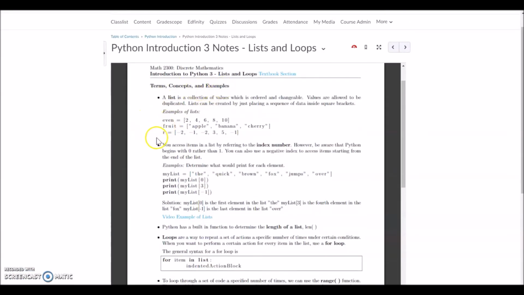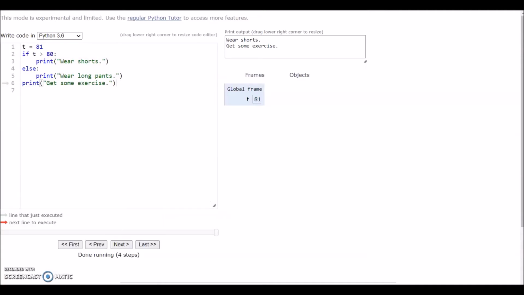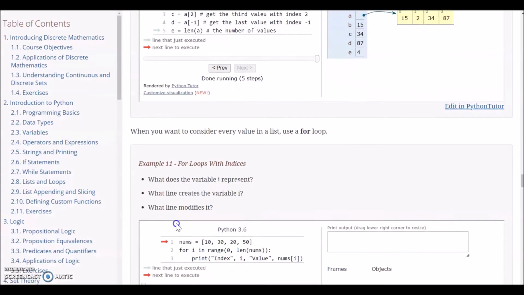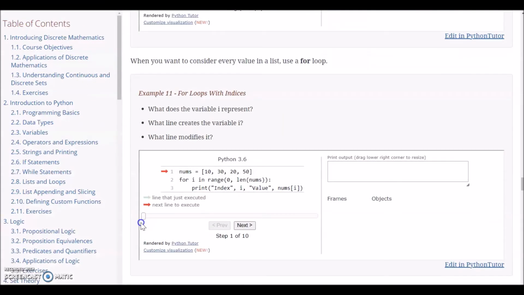Okay. Now there are some more examples of this in the notes that are on D2L under lists and loops. I'm not going to go through these, but I encourage you to try these out. Put these in Python Tutor, try these print commands and see what happens. And as always, watch the embedded videos for even more examples. But I'm going to go on down to for loops. And I think I may have called if and while and these things loops. These are if statements. So while is a type of loop, but when we talk about a loop now,